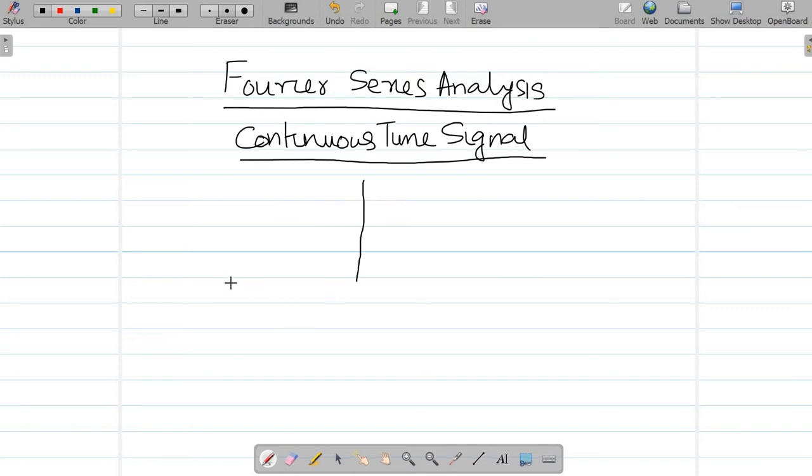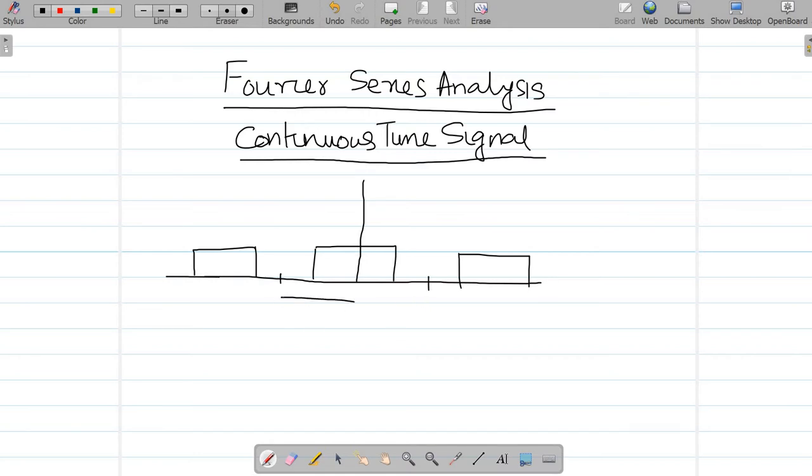Suppose I am having a signal of this nature. Let us say we are having some train of rectangular pulses, and let this entire width be T, which is the time period of the signal. So this is x of t and this is your time axis. Now when we are having a signal of this nature, this signal can be decomposed into a DC component and